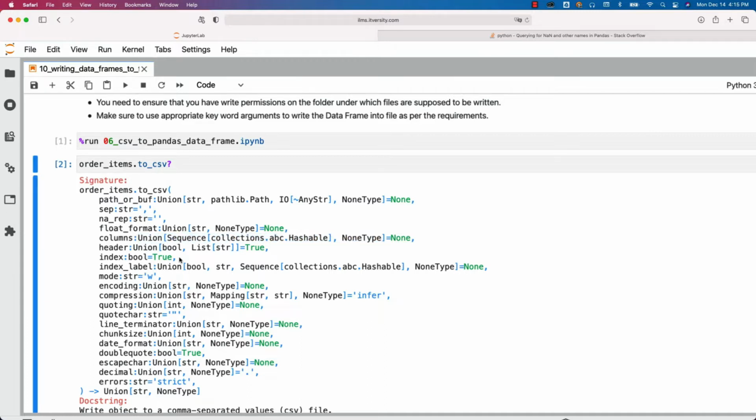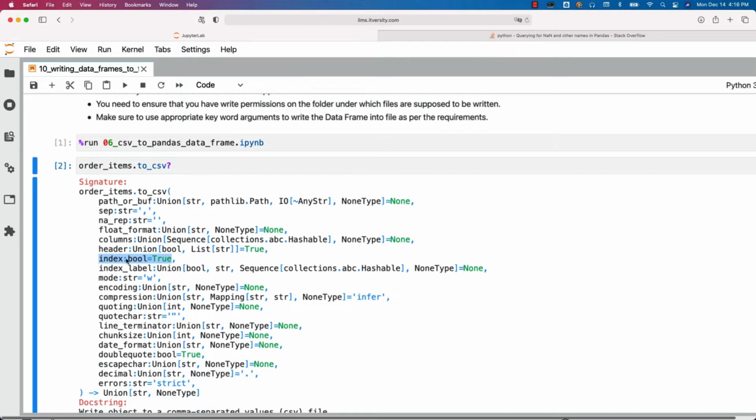Now, whether to use index or not, we need to understand the data frame. Let's compute revenue per order. Then we will revisit whether this is supposed to be used or not. By default, it will be used. If you don't want to use it, you just have to say index equal to false. Similar to this, depending upon your requirements, you have to explore all these keyword arguments and start using those while writing data frames into the files.